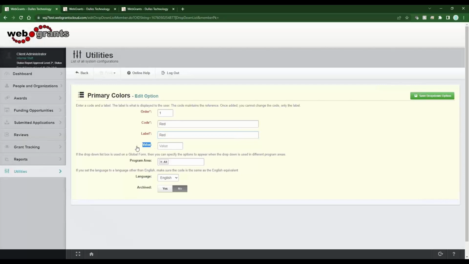Value is advanced, but if you want a particular option to be a value, and then you're going to calculate that on your form, you can give it a value. If I'm not going to do a calculation, it doesn't make sense to give it a value at all. An example here of where you would use a value, where I see it used most often, is in a